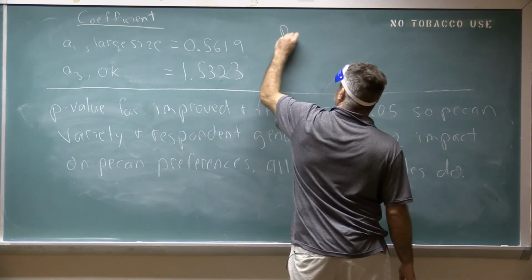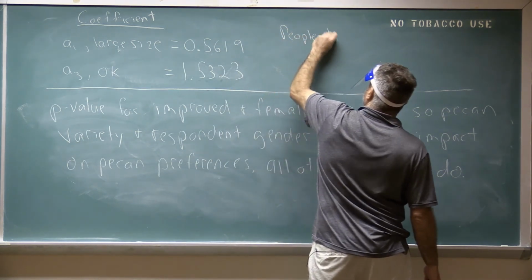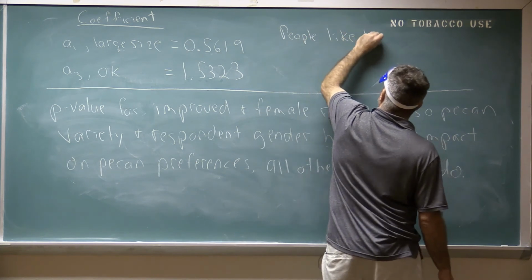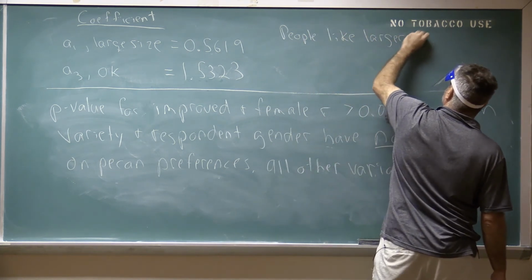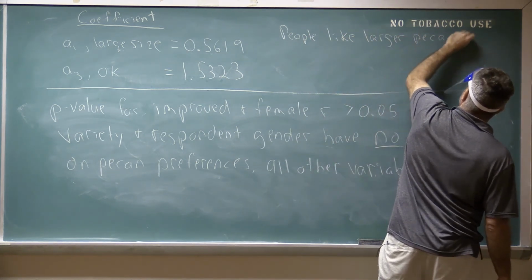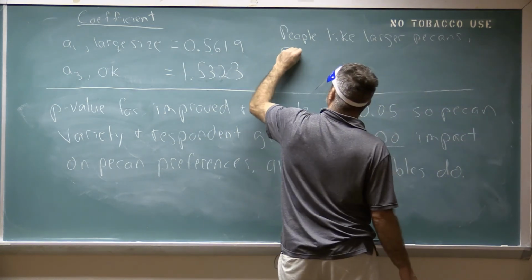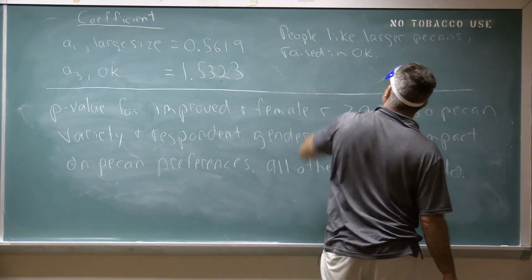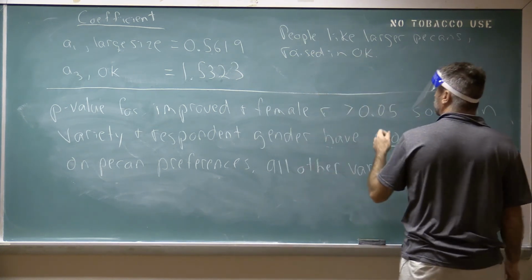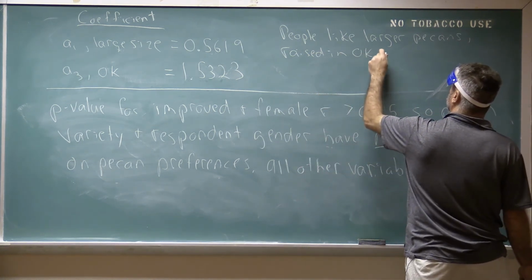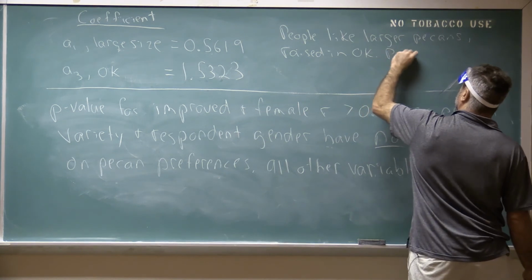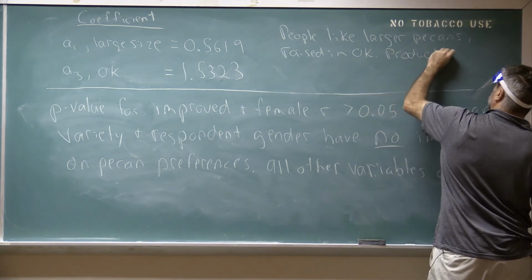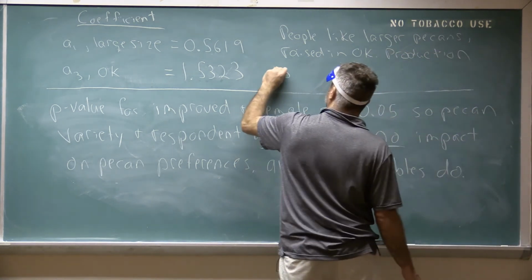So we conclude people like larger pecans raised in Oklahoma, production location